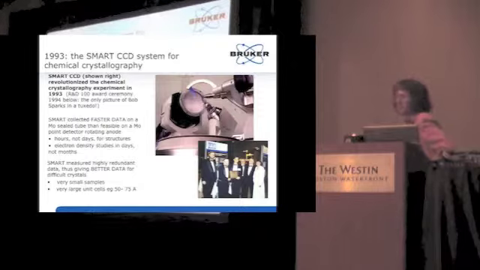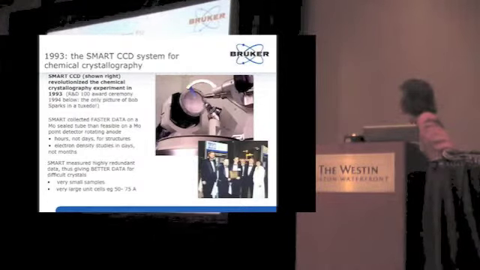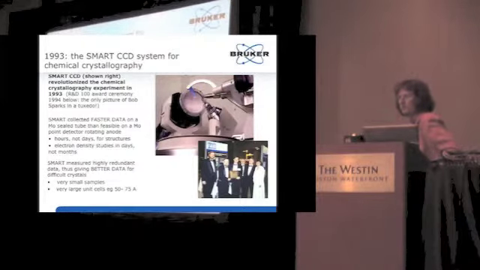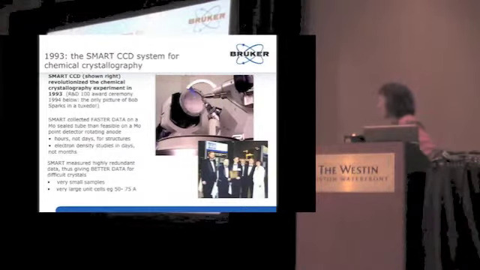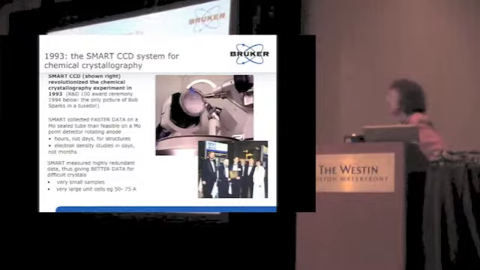And what was interesting, of course, at the time, we had designed it to collect faster data because we thought people, especially with air-sensitive compounds or otherwise decaying crystals, would find that useful. We did not want to turn the multi-wire into moly. We would have had to pressurize it basically like a little bomb in the house. So we moved in the direction of the CCDs. And the idea was to have a quick data collection